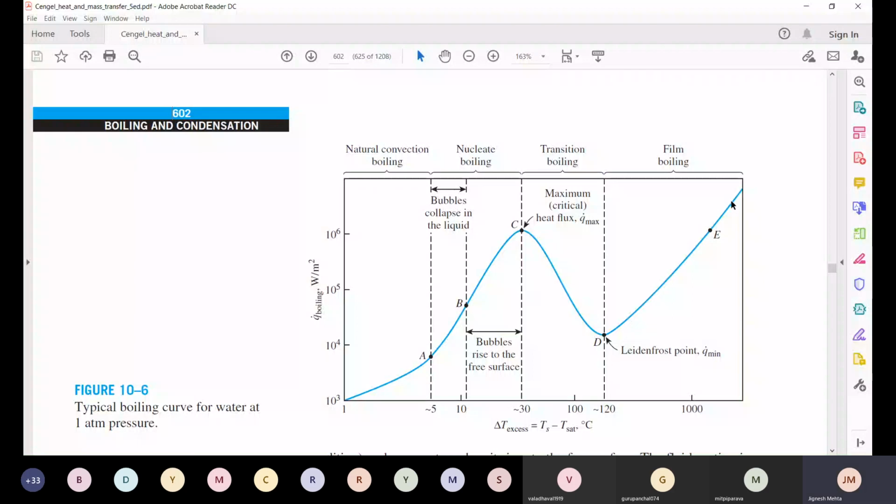Okay, so why would it happen? In which case are you able to get the full curve? In which case will you not be able to get the full curve? As I told, if your system or experimental setup is such that you are able to maintain the required temperature difference, that is, if I am able to set it at 5, it should be able to keep the temperature difference always equal to 5. Similarly, if I set it at 20, it should be able to maintain the temperature difference equal to 20.